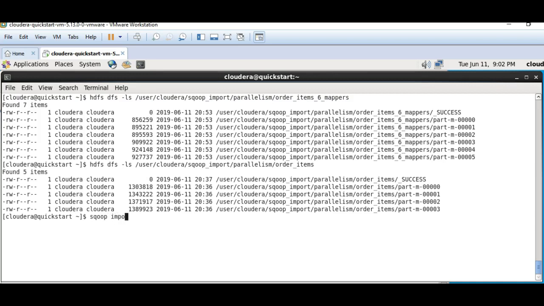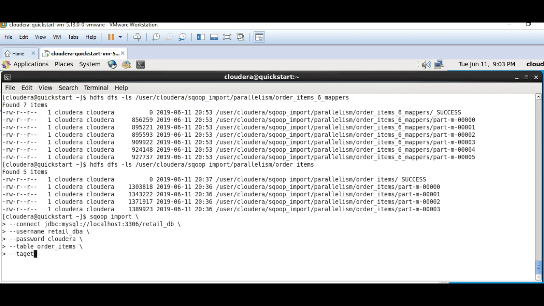Sqoop import --connect jdbc:mysql://localhost:3306, my port number, /retail_db, --username retail_dba, --password cloudera, --table order_items,